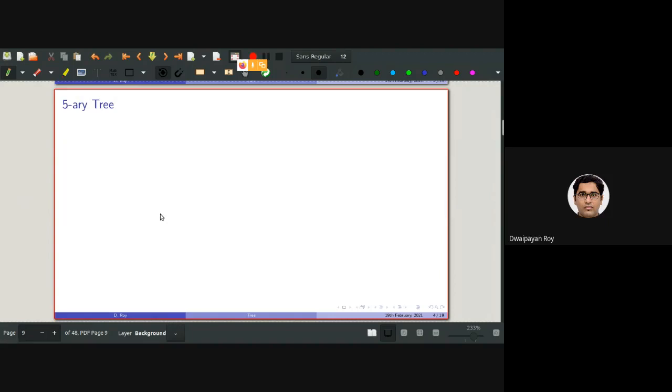Now let's talk about a specific tree called 5-ary tree. So can someone say, from the definition, what will be the definition of a 5-ary tree? Anyone? So a node can have a maximum 5 children. Right, maximum 5 children as well as, so basically it will be again a finite set,